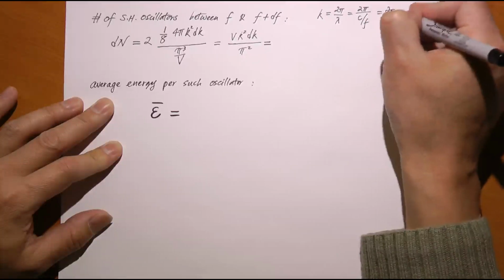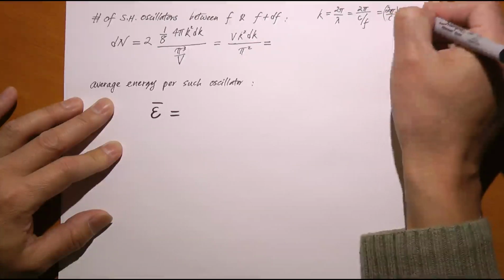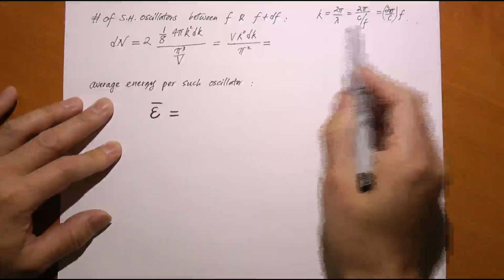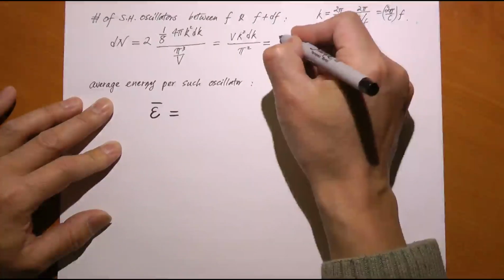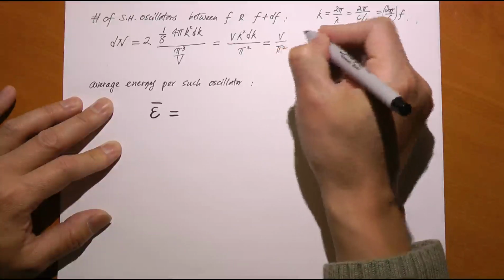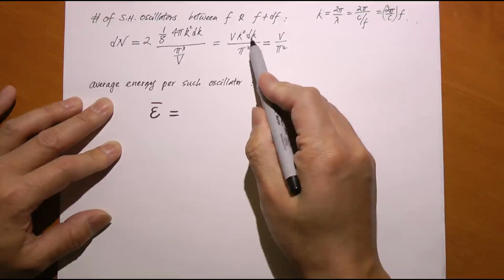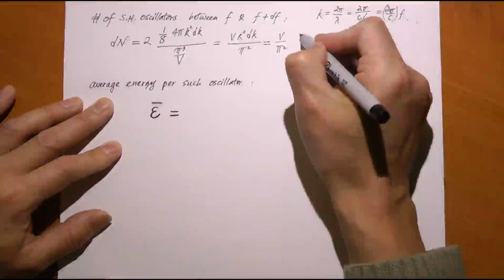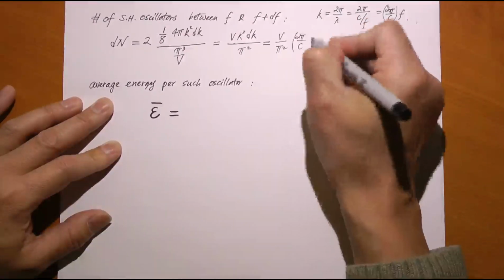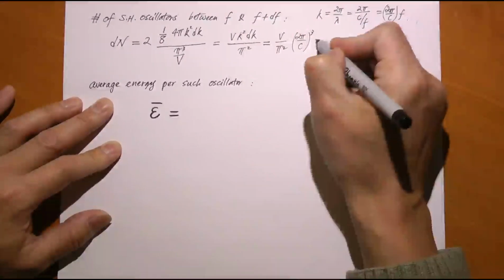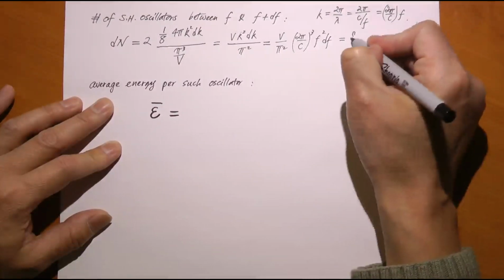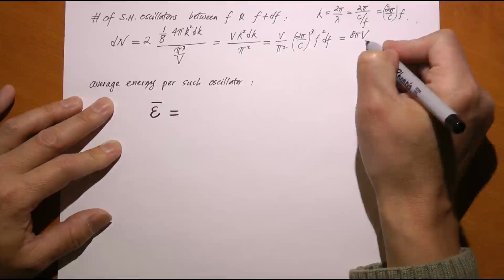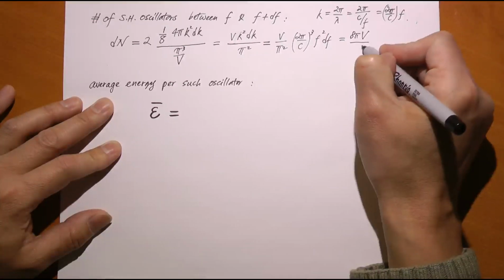So k is 2 pi over c times f. You replace k with f by multiplying by 2 pi over c, so that's V over pi squared. There's a k squared dk overall. There are 3 powers of k, so there are 3 powers of 2 pi over c. Replace k with f now, f squared df. So the answer is 8 pi V over c to the power 3